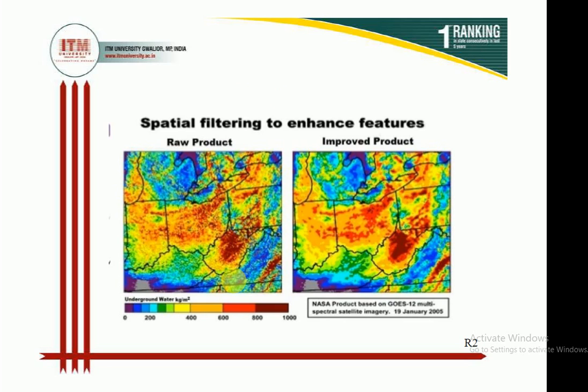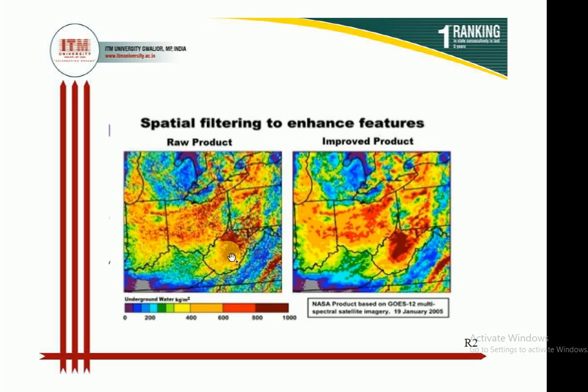The third one is spatial filtering. What is spatial filtering? Spatial filtering is the process of dividing the image into its constituent spatial frequencies, and selectively altering the area. Spatial frequency basically emphasizes certain features. Here you can see that the particular areas represent different things. So in this individual area, the frequency is enhanced.